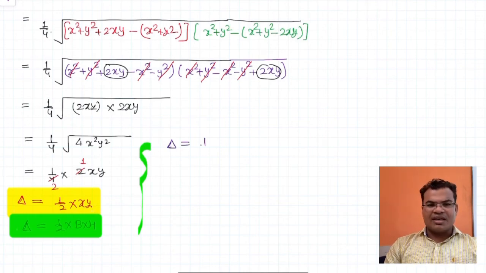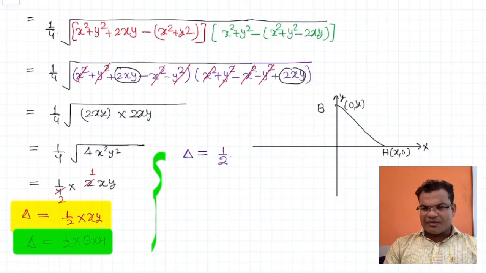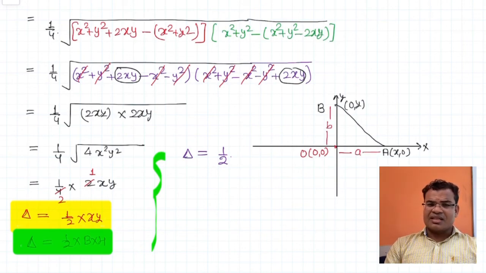Okay, so let me write it down. This formula 1 by 2, what is that formula? Let me write again this diagram. Diagram is with me. B, O and A. B will be x1 y1. I can put here these A and B here. These are the length of the sides of the triangle, and the coordinates also I can write here. So B will be x1 y1, you can put here before putting the values in the formula.